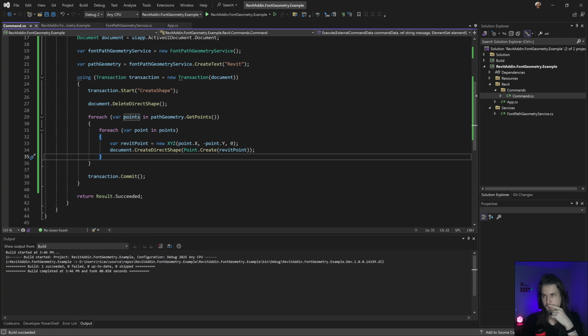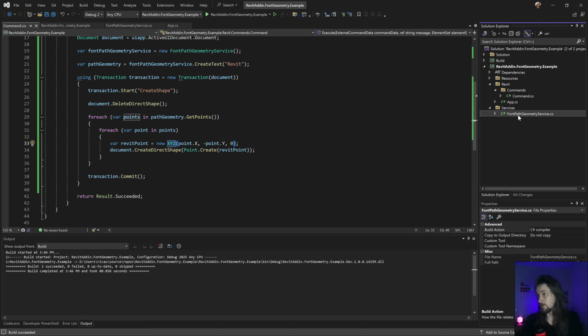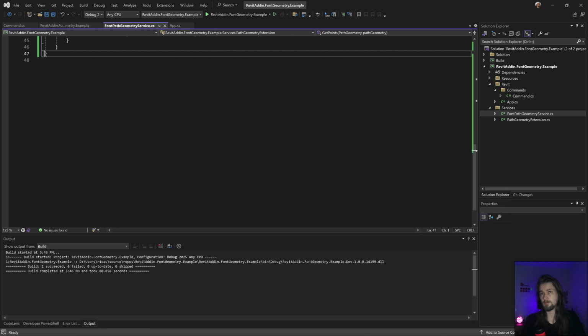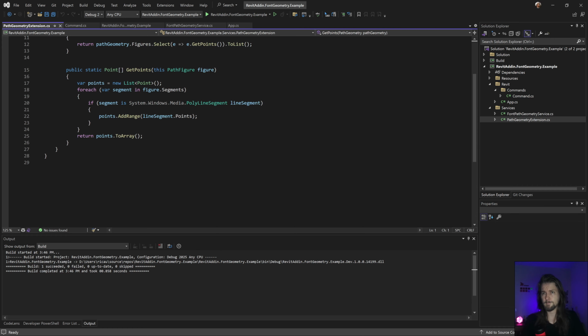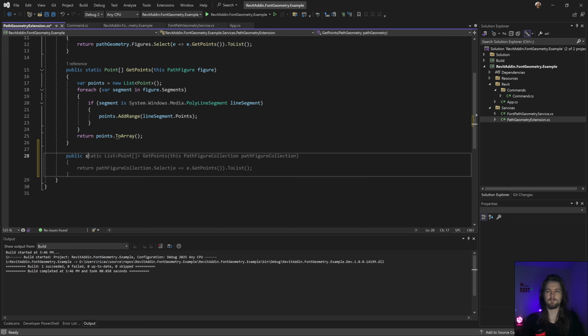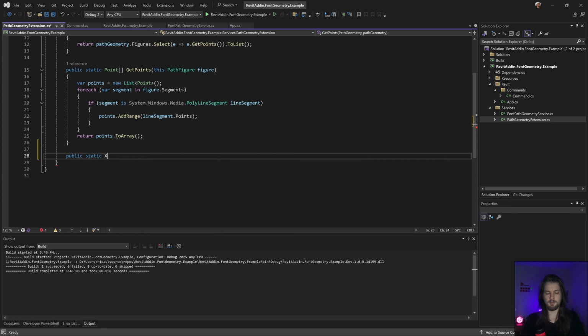So yeah, another thing that I can do as well is create an extension to convert to a Revit point. So you can reuse it in another place. So let's do something like this. And I'm gonna create in here as well, public, static, and I need XYZ.